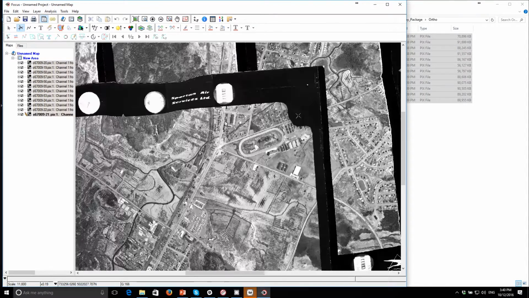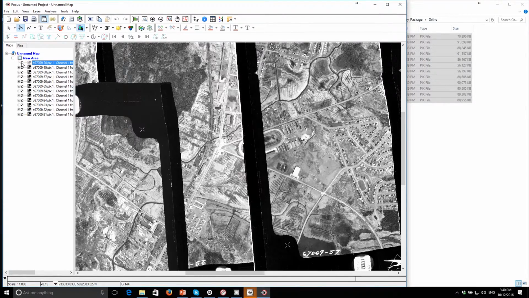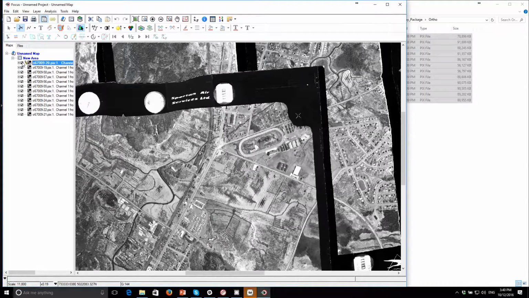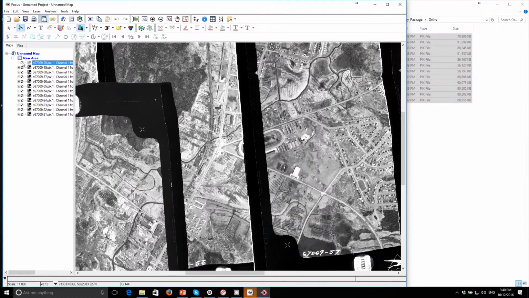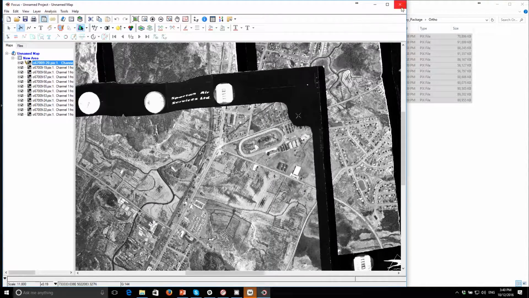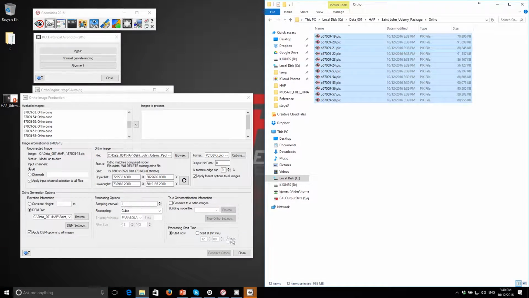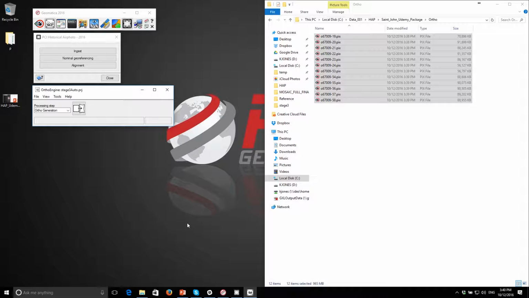And let's just have a look here and see how things look. So if I turn this image on and off, you can see the positional accuracy is quite good across multiple images here. This road feature and the racetrack really isn't moving around very much. Things are looking pretty good. So I'm going to close that down and we'll move on to the next step, which is to generate our